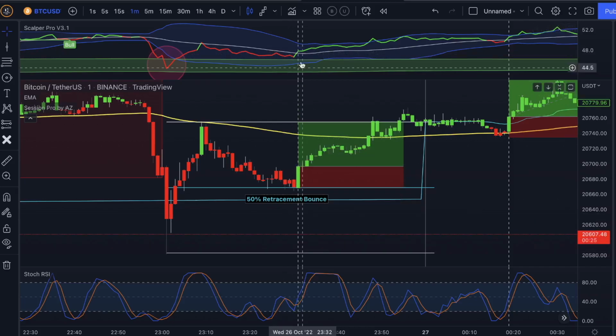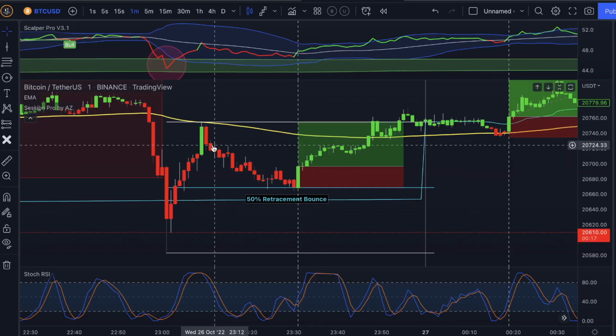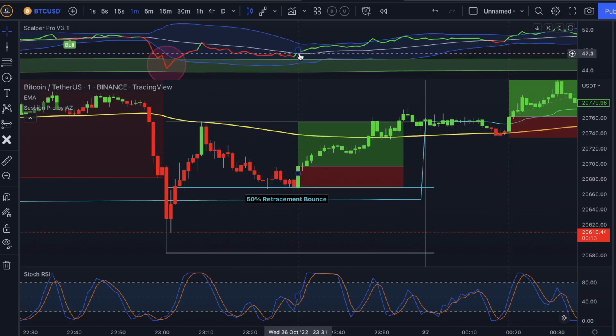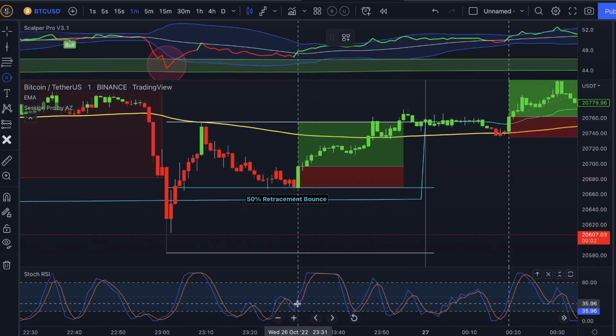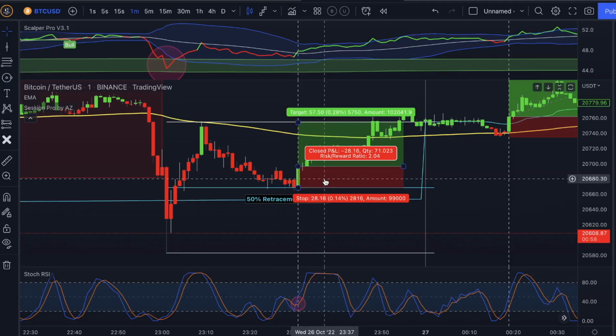And on the same candle where the Scalper Pro turned green again, right on this candle here, that's why this candle is green as well, because you can use the Scalper Pro with candle coloring, so you don't have to watch this line at the top all the time. Basically, I waited for the Scalper Pro to turn green, and on the same candle we got this little stochastic RSI crossover. As soon as this candle closed, I entered into my position with a